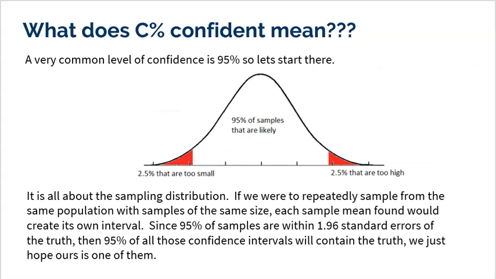First, let's remind you what a C% confidence means. So, for example, a very common level of confidence is 95%. So let's start there. Now remember, the whole point is that we're referencing a sampling distribution. Even if it's a T model, it's still pretty normal-ish. But that sampling distribution we are very blind on, meaning that we don't know what the center is. We don't even really know what the standard deviation is. We only are replacing it with S.